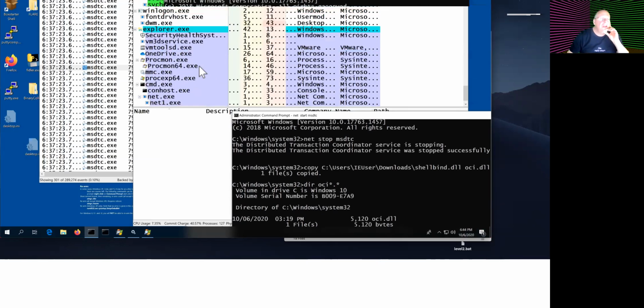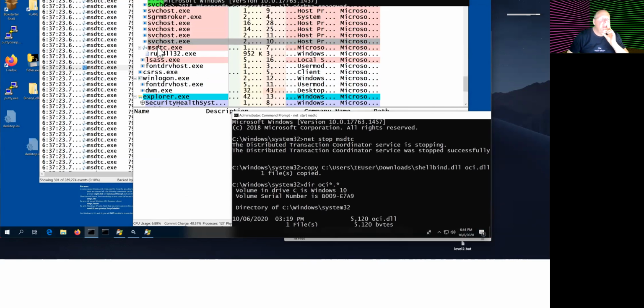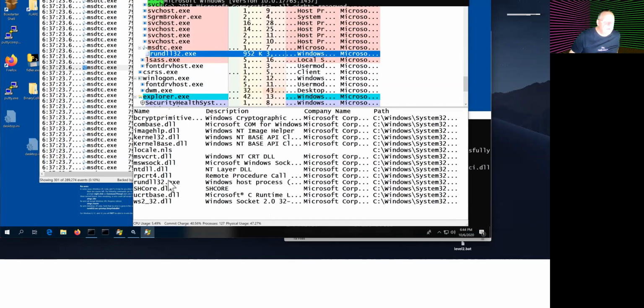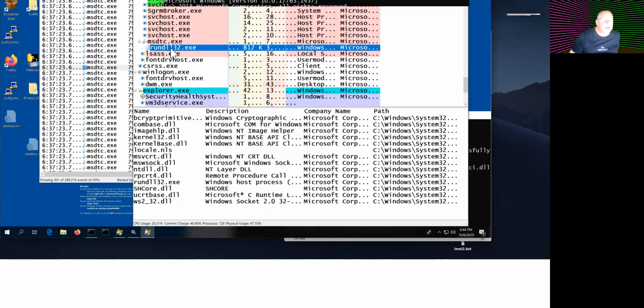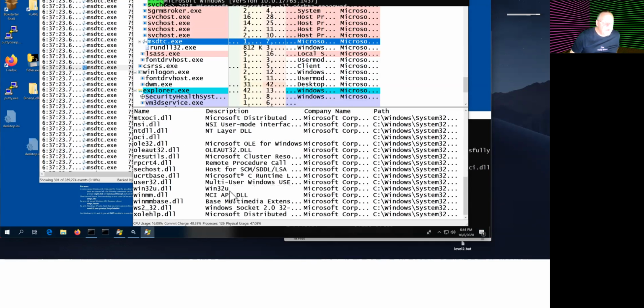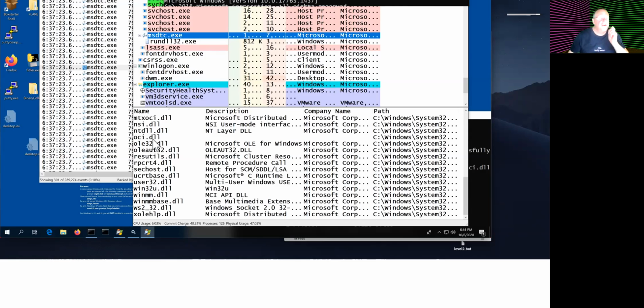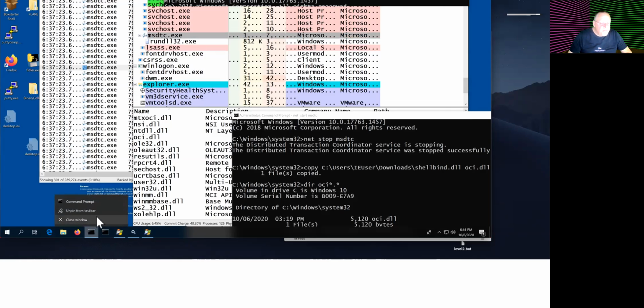If you look here, you'll see there it is. And now this thing has a child that it didn't used to have, which is rundll32. And if you look at the child here, rundll32, or I guess the parent is where it is, the parent is going to have that OCI in it now. Now it has loaded the DLL. And what Metasploit does, I'm pretty sure, although I haven't taken a look in IDA Pro to make sure, is it puts all the malicious code in DllMain, which is the code that automatically loads when you first load a DLL. So the malicious code has run, and you can tell because if I open another command prompt here,